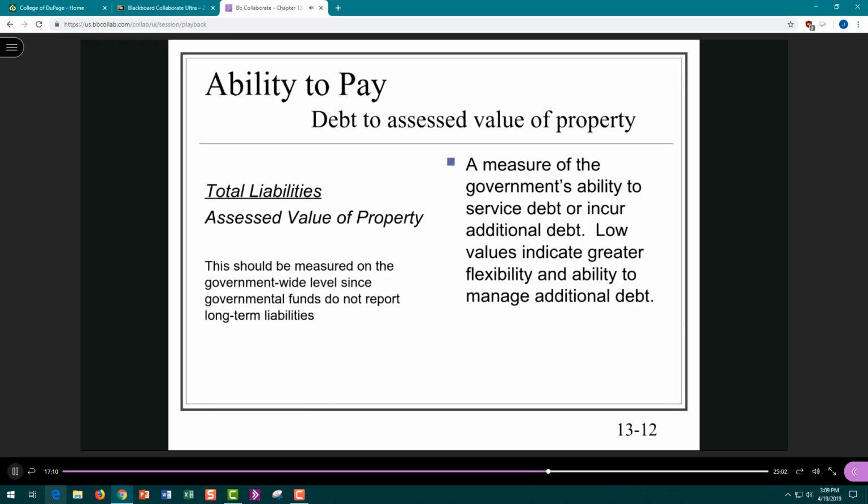So the assessed value of property is not directly the market value of the property. Assessed value of property is derived from a process that a government undertakes to determine the basis of property for taxation purposes. So this can vary from state to state, but just as an example, in